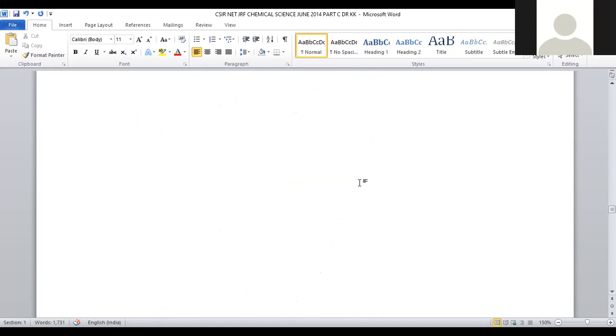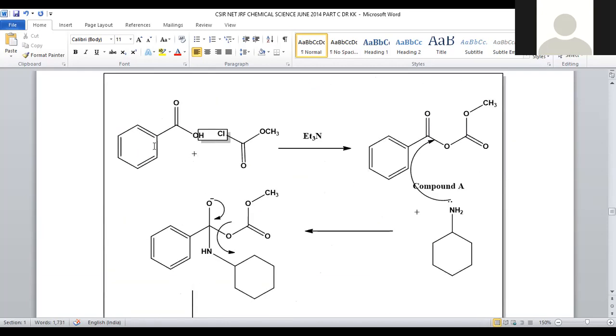Let us discuss. For that purpose, first we take the starting material benzoic acid and treat it with this acid chloride in the presence of the mild base triethylamine. Upon treating, a simple condensation is carried out between the carboxylic acid and the acid chloride, hydrochloric acid will be discarded, and we will get an ester type of compound. Right, so an ester type of compound is generated. That is compound A, which is required in the given question.